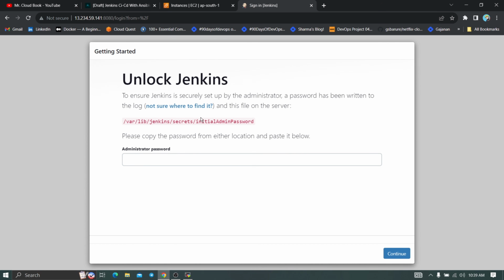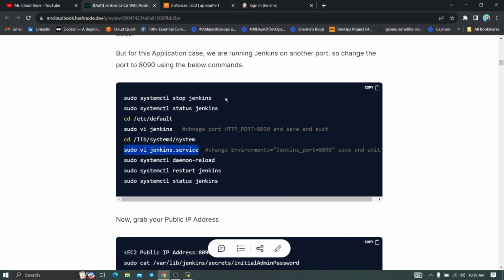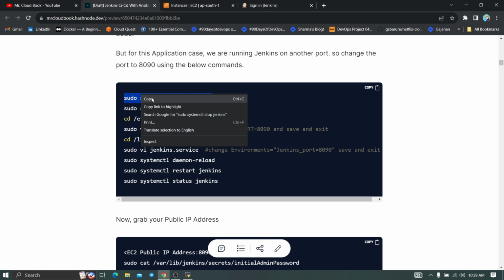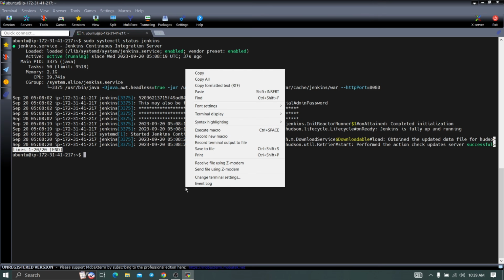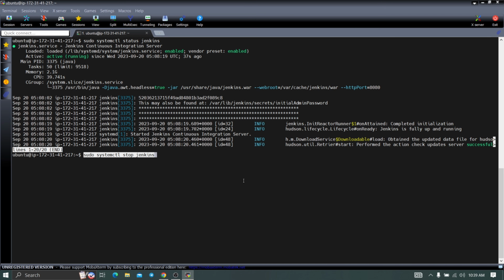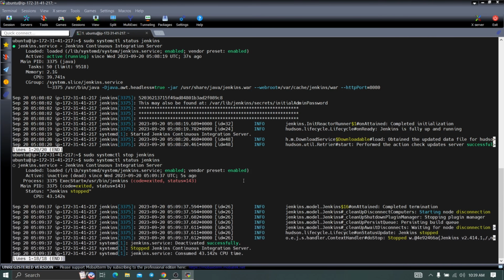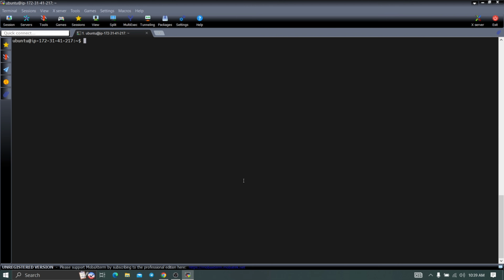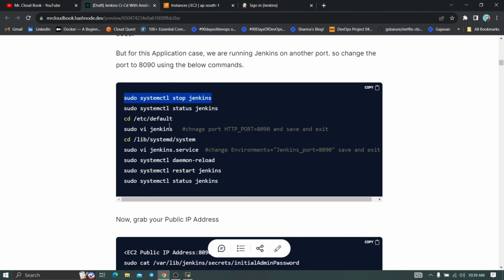But we have to change the port to 8090, right, for this particular project. So that's why we have to provide this command. So let's stop Jenkins first by providing this command. So right click and paste, enter. Let me see the status now. Okay, click on enter. So this is stopped now. Let me Control C and Control L to clear the screen